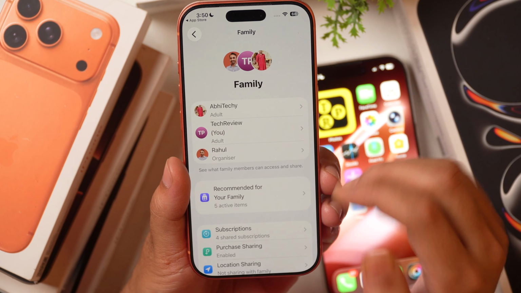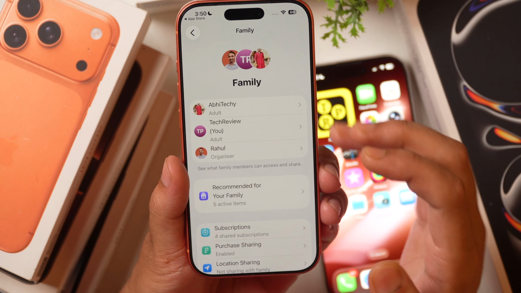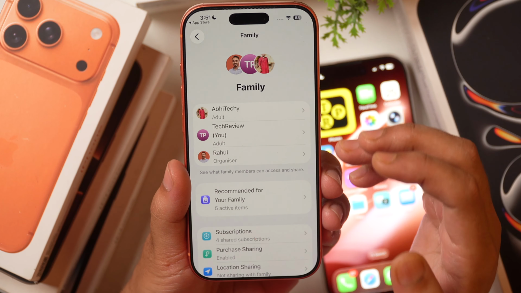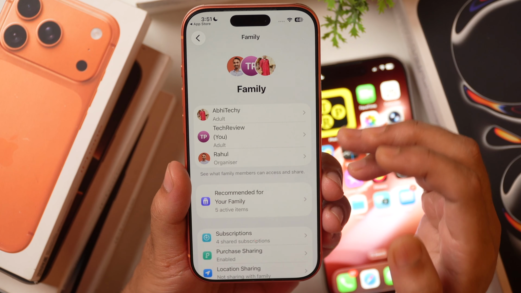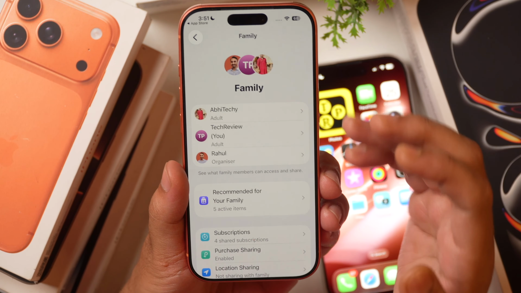Now you can manage your family members from the App Store as well, and the best thing is all family members can have their separate payment methods and they don't have to rely on the organizer. So as you can see,